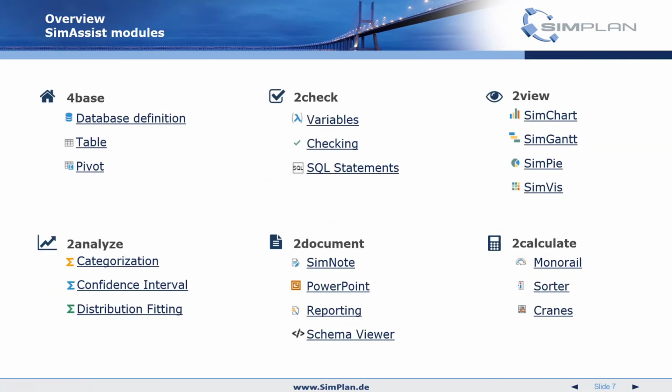This is an overview of what Synesist does for us. We have a database connection, we have some tables to view data, we have several components to quickly check data and aggregate data, we have many options to visualize data, we have some advanced visualization components that do categorization or distribution fitting, we have several documentation plugins, and we have a module that calculates some process data for our cranes